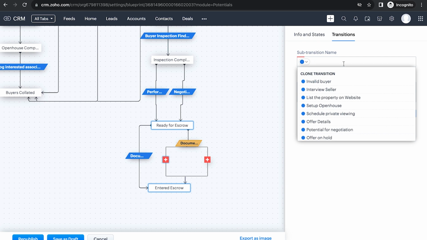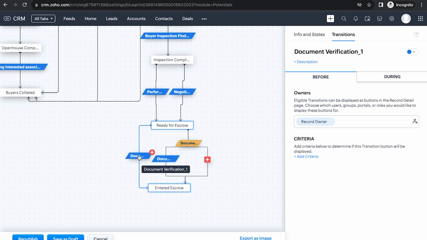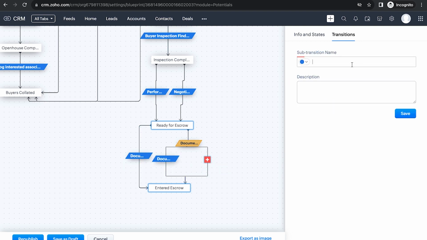For our first transition, we simply clone this transition, and our second mortgage